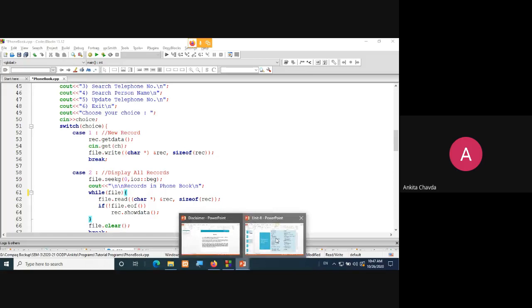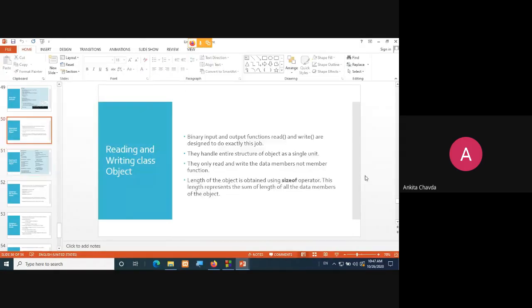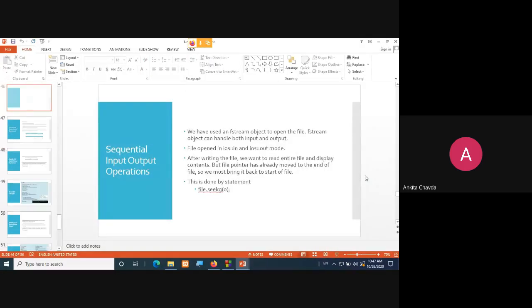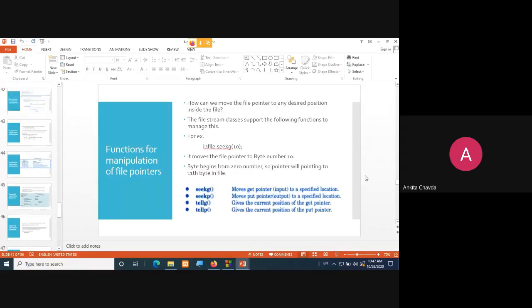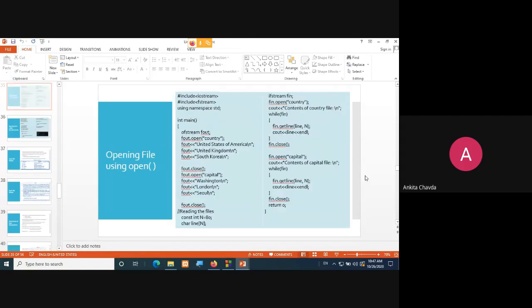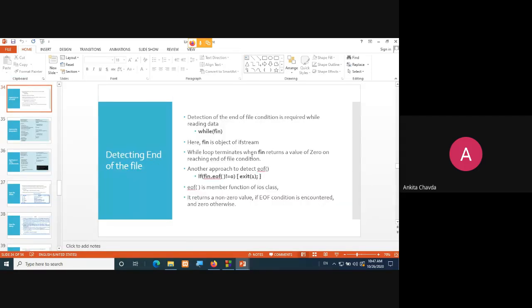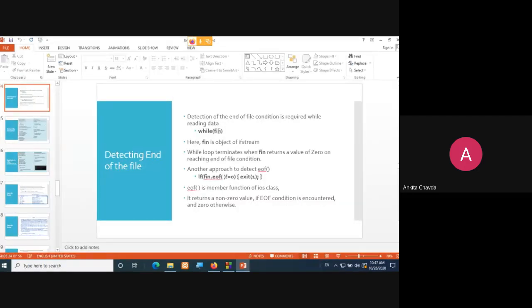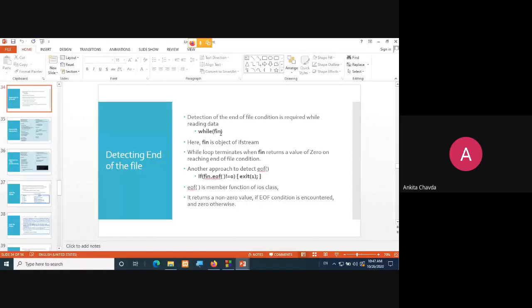This is what we have learned in detecting end of file, detecting EOF. While fin, so fin is nothing but the object while you are reading data. We will always get 1 if there is some content. If not, it will simply return false.